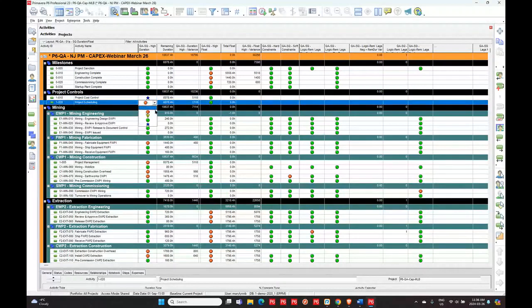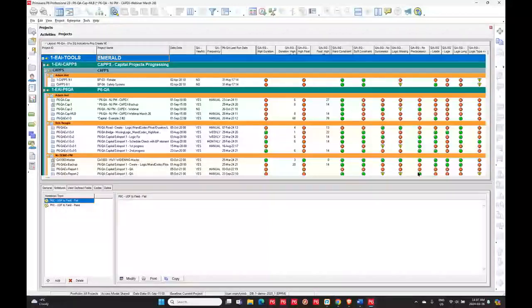Now, if I put a blue star in here, then in the high duration, this activity will no longer be tagged because it looks at the blue star and says, yes, the user knows what's going on here, so I don't need to flag it. And that way, anything that you look at here right away, okay, I've seen that, carry on. So you don't have to waste your time each time you come and check this and think, okay, I've got another problem I've got to deal with when it's one you've dealt with a while ago. So if I want to blue star that and I want to go back and I can rerun this,